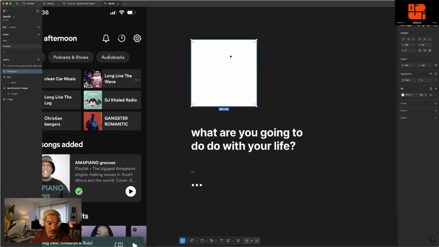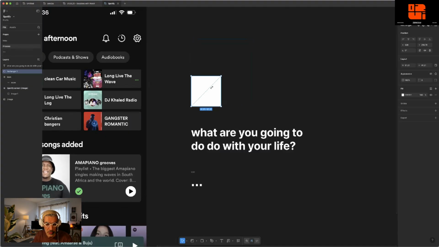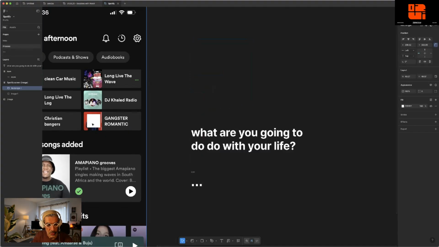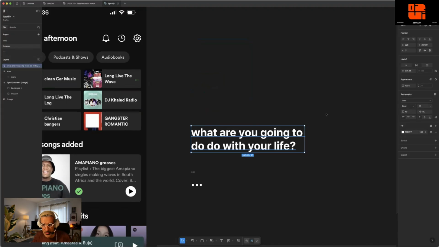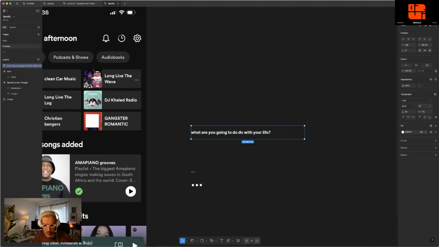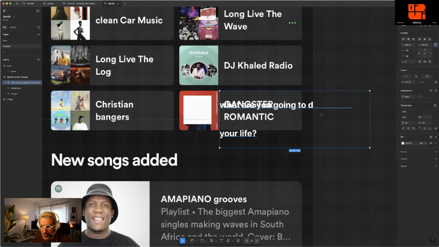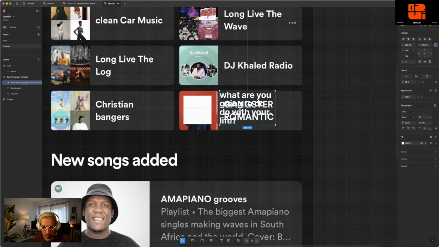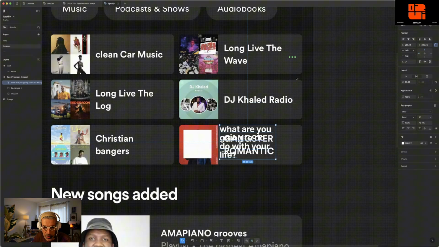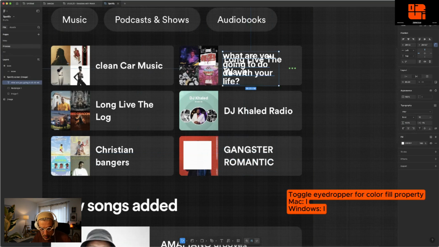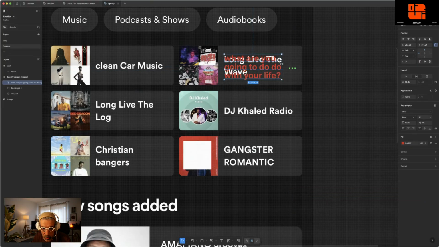we need. In this case, I need something like a square, which is going to represent an image. I need a text, probably way smaller than that. And then basically an icon. But before doing that, I would like to make this text file a little bit better. So I need something like this size, but I am going to take with a different color set, pressing the text with eyedropper tool,